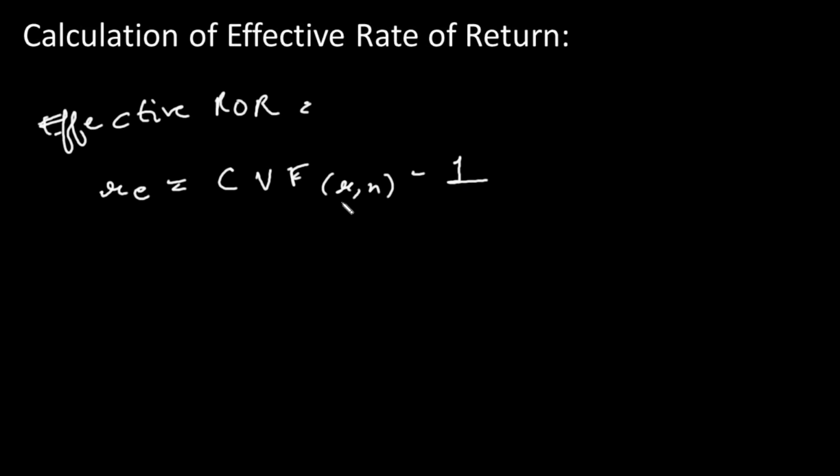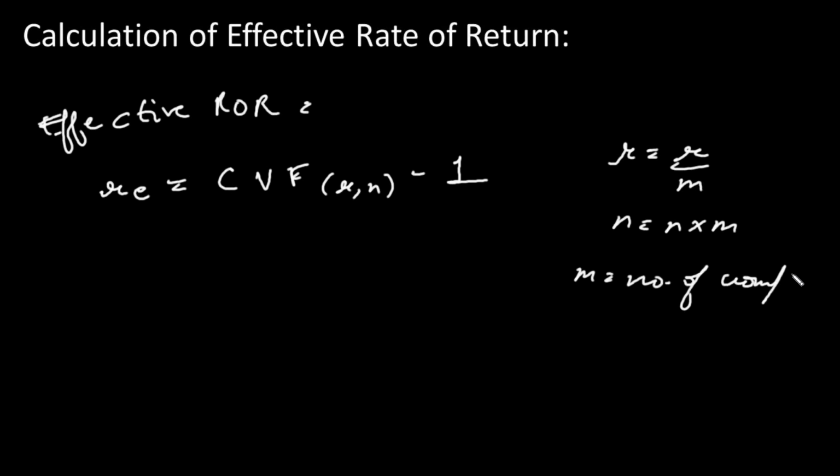Okay. यहाँ पे the logic is same कि R basically would be R upon M and N would be N into M, where M is number of compoundings in a year. Okay. So effective rate of return here would be,